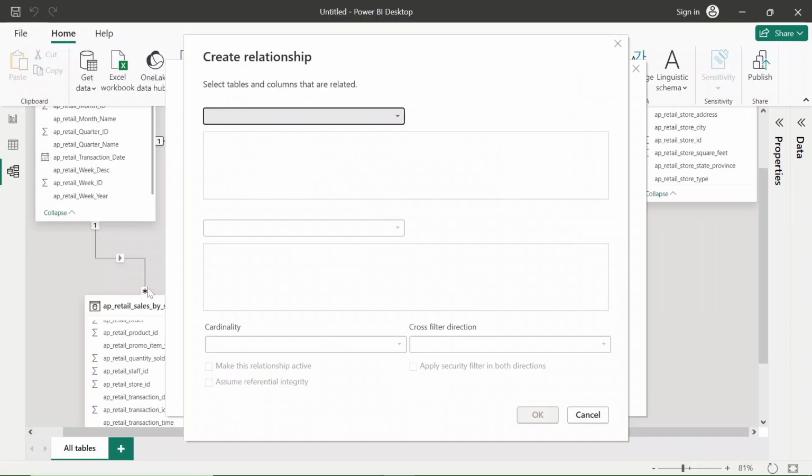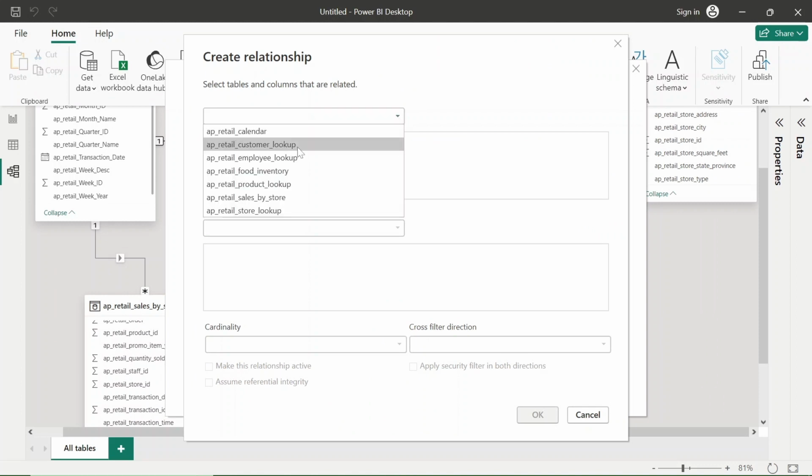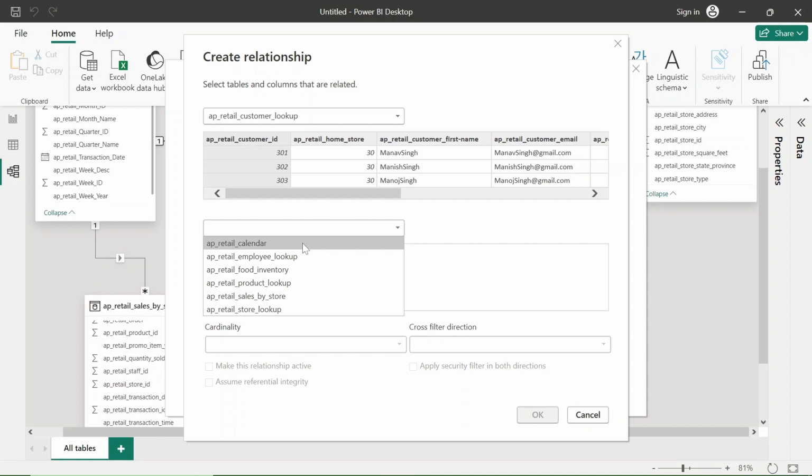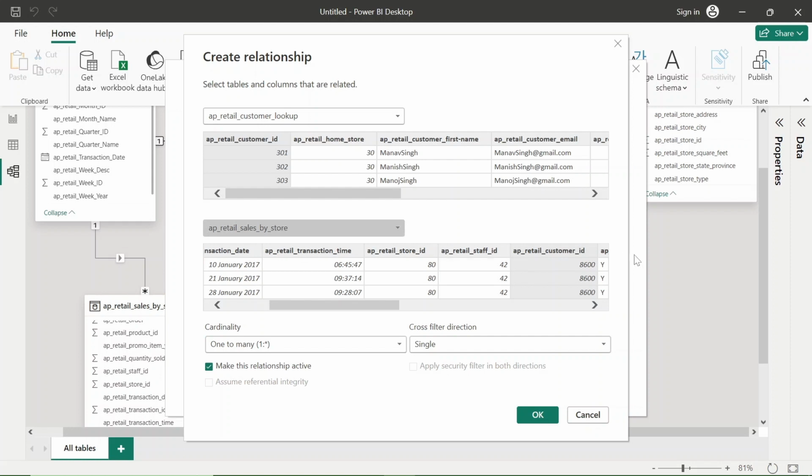So let's create it. Let me select the table customer lookup, and the column I am selecting is customer ID. Let me take another table, AP retail sales by store, and see, Power BI automatically identified that we are going to make a relationship between the AP retail customer lookup table and AP retail sales by store with the help of AP retail customer ID.